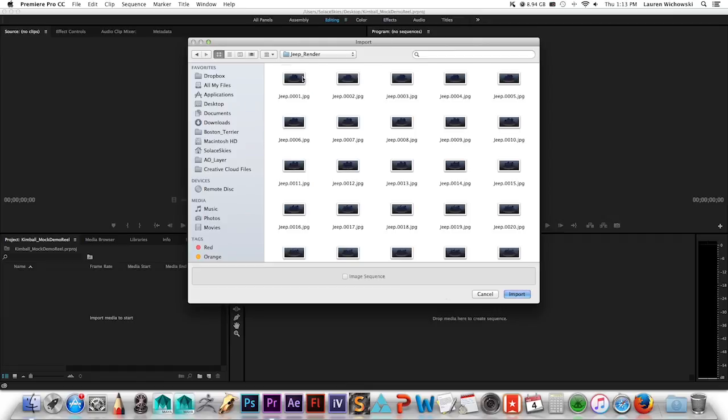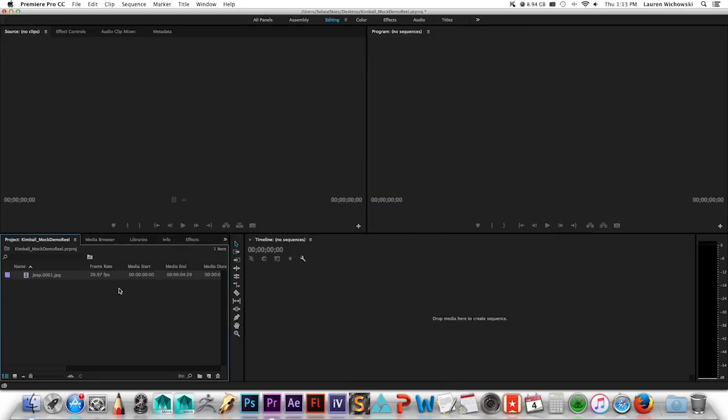When you grab that first frame, this becomes alive, and you can click it and press import, and it will treat it like an image sequence. Now, every sequence is different. It's going to have its own frame rate as far as